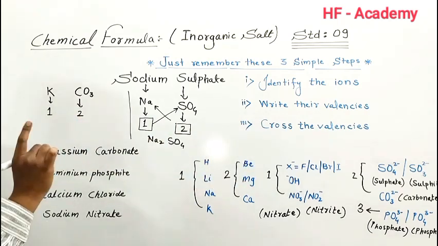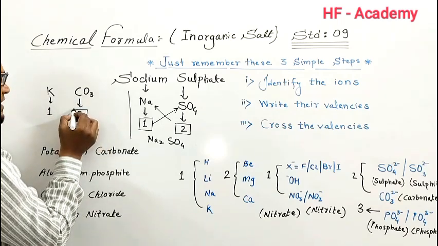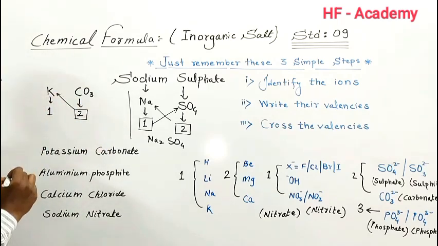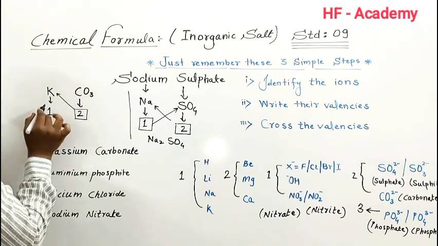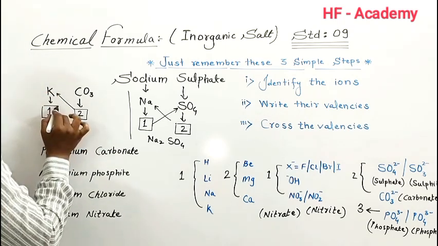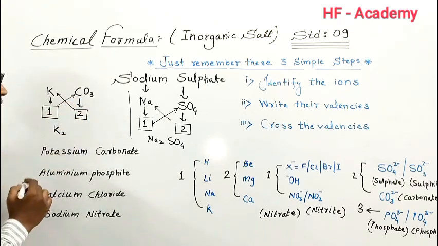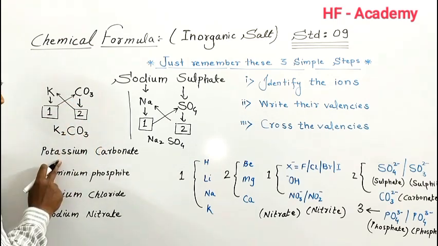You have to do the same thing here. The valency of carbonate is equal to the number of potassium ions, so it becomes 2, and the valency of potassium is equal to the number of carbonate ions, so it is just 1. So you'll write the chemical formula of potassium carbonate